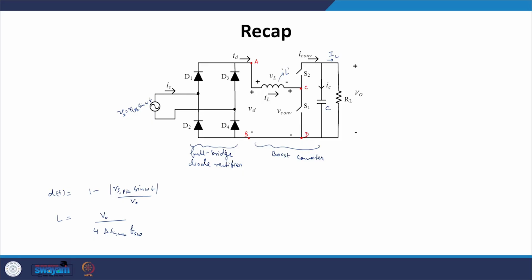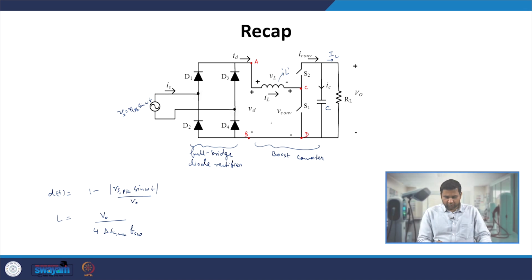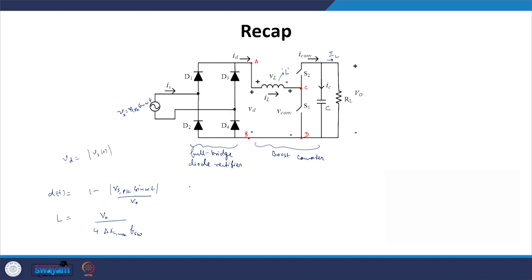In this particular lecture, we will go into further detail about the single phase boost PFC converter. In our previous lecture, we saw how this converter works, where we have a full bridge diode rectifier followed by the boost converter. The full bridge diode rectifier gives a VD value, which is nothing but the modulus of Vs of t, so the variation will be the modulus of sine omega t,